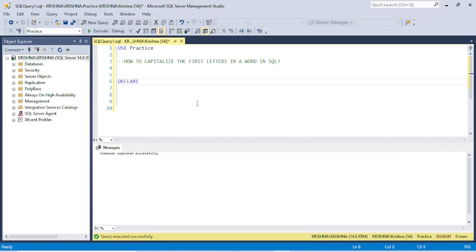Let's say declare @value of varchar type, and I will set it as 'small'. Okay, first thing which we have to do is to capitalize the first character. For that I will say